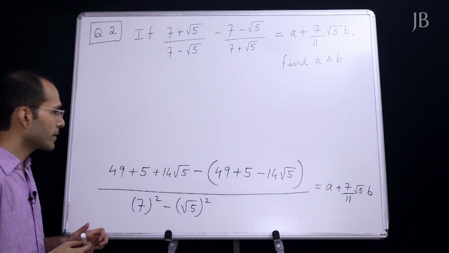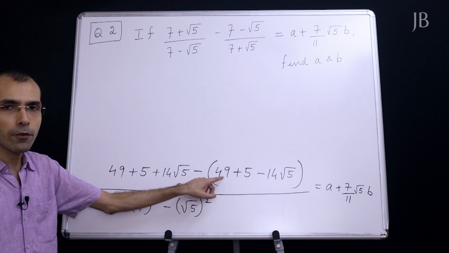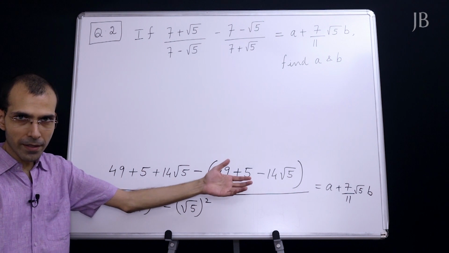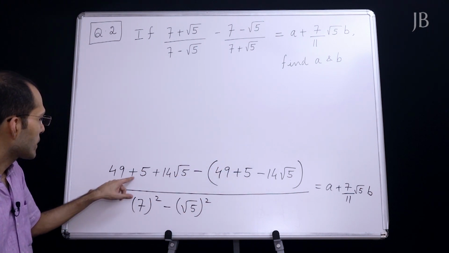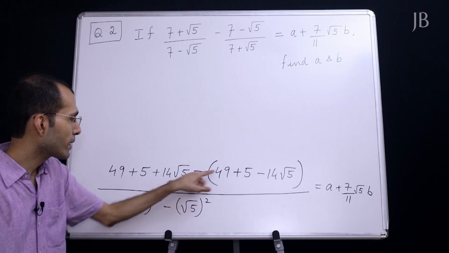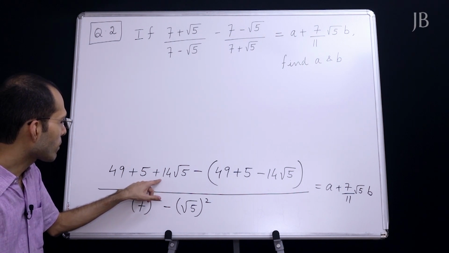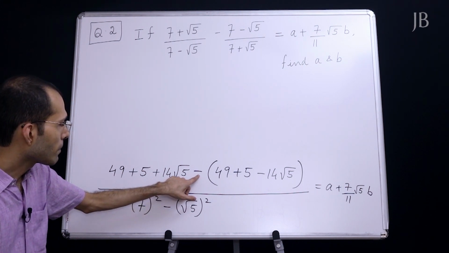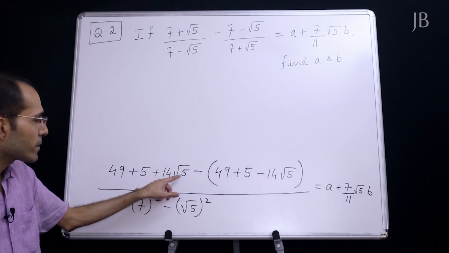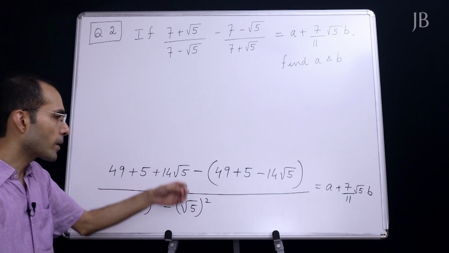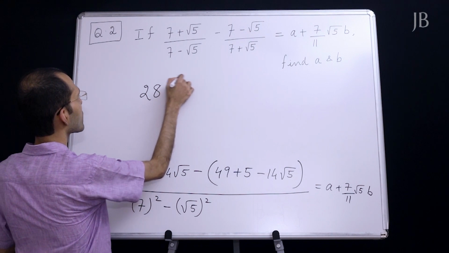Let us simplify this now. Okay, now this is 49, this is minus 49. So I'll do it a little mentally now. 49 minus 49 goes away. This is plus 5. When you open the bracket, this will become minus 5. That will also nullify. Now you are left with positive 14 root 5, minus into minus plus 14 root 5. 14 root 5 plus 14 root 5. How much? 28 root 5